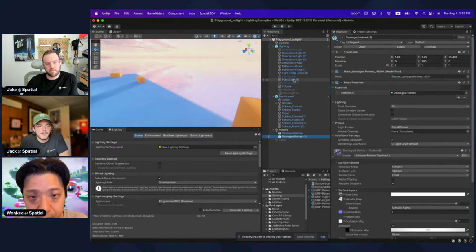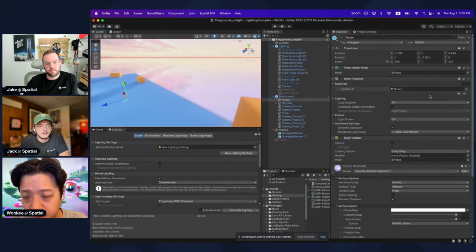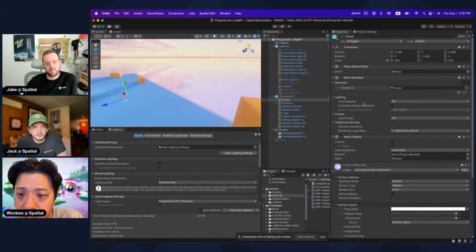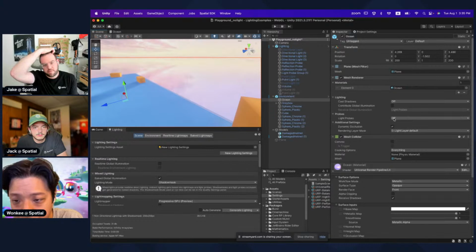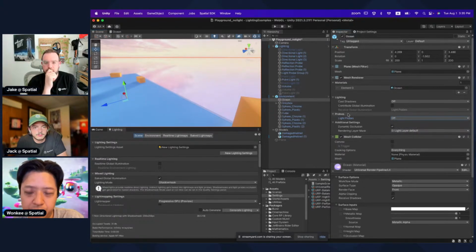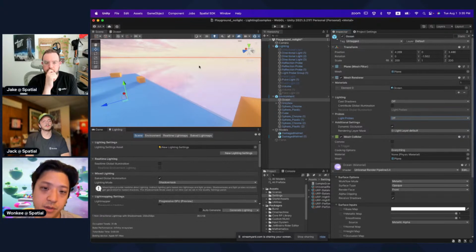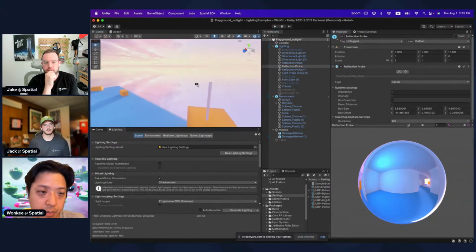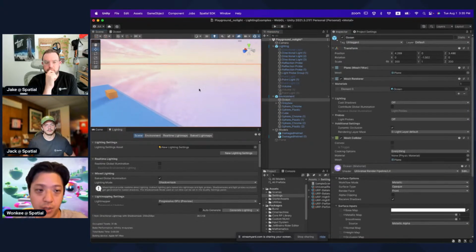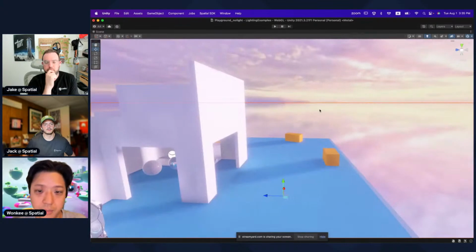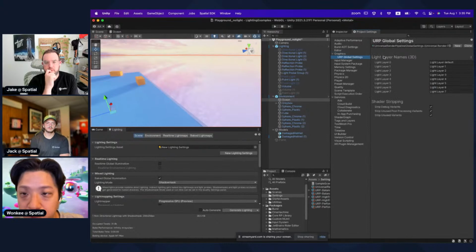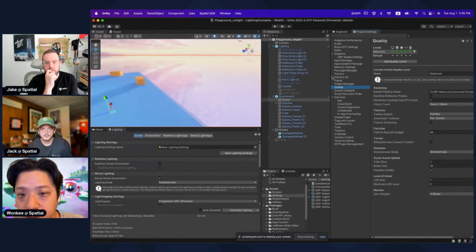But here's the hacky part. In the Universal Render Pipeline they removed it, so there is some light probe option here. I turned this off, but there's no option for the reflection probe. So if you have a reflection probe in your scene, it will affect your water, so it won't look like the Skybox only. In that case, what I usually do is go back to the standard render